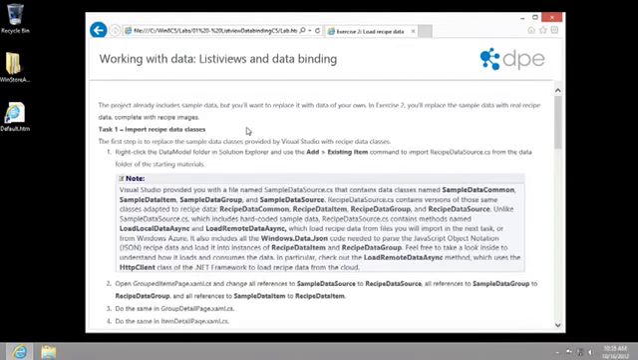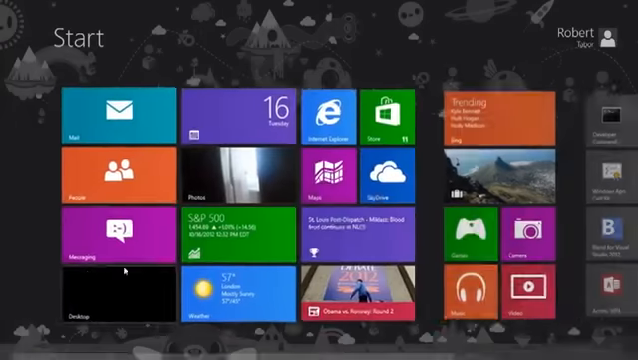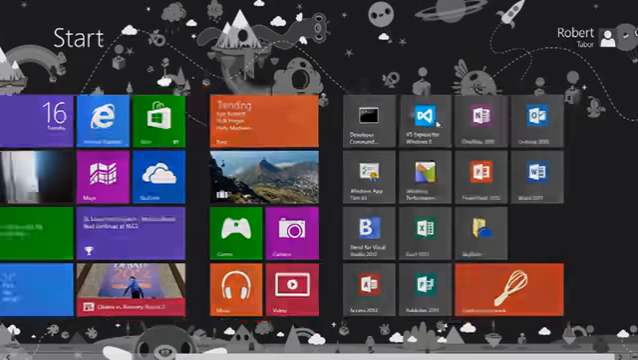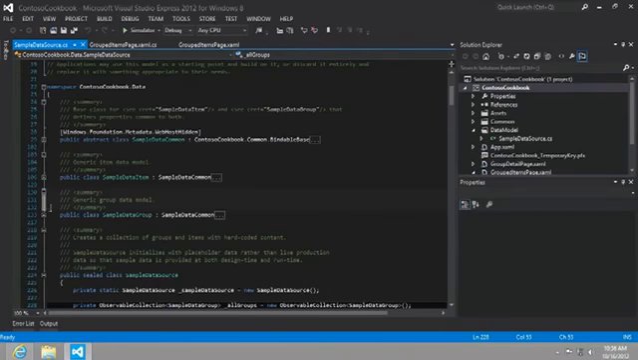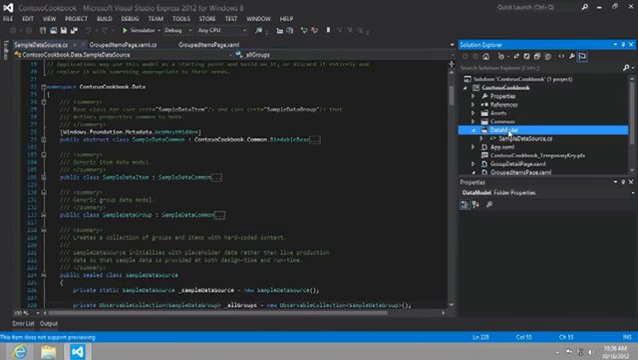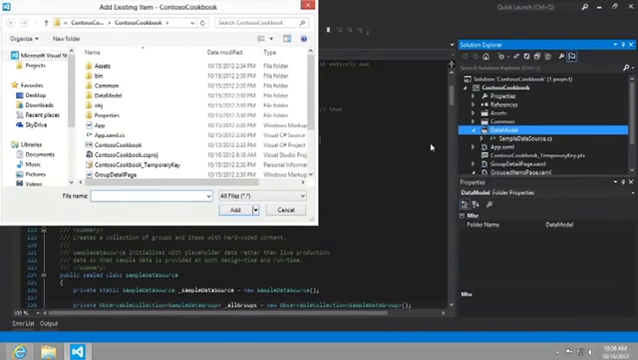The first thing we want to do is to add in the recipe data source from the starting materials. So let's open up Visual Studio, it shut down here for some reason. Let's get back into Contoso Cookbook. Alright, and what it wants us to do is add an existing item to this data model folder. So we're going to right click, add existing item, and there's a couple of places where we can find this, either on our C